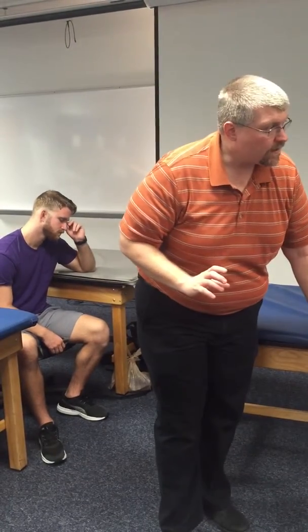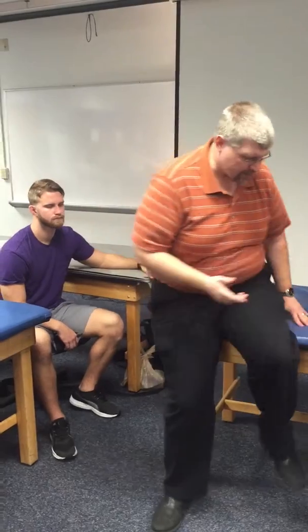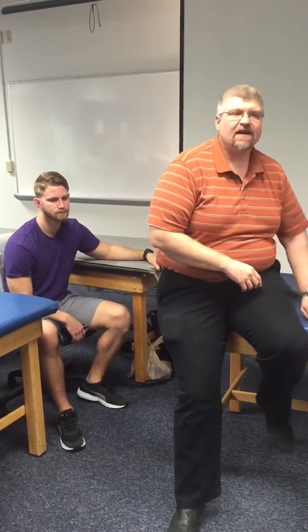Okay? Active range of motion is done laying down. Passive range of motion can be done sitting up. Okay, but especially for knee flexion, if you're hitting your table, you might need to lay them down to get the full amount of flexion. Okay, resisted testing can all be done sitting though. Okay,